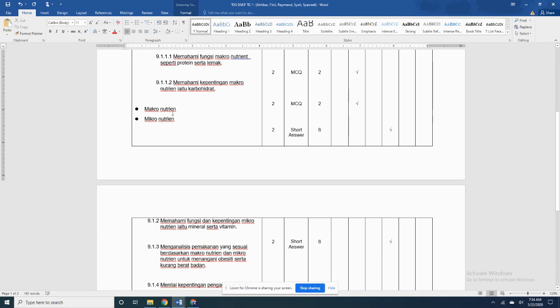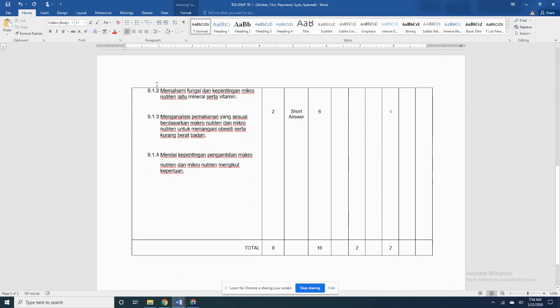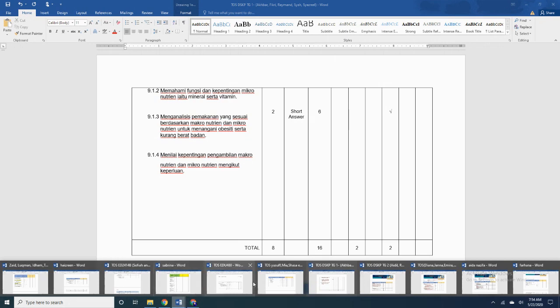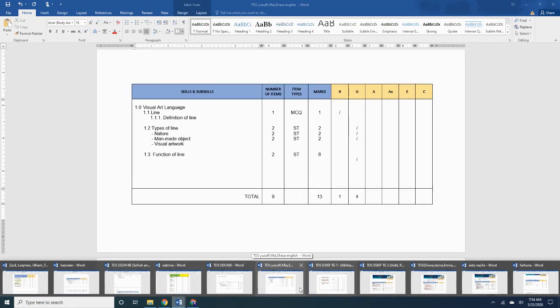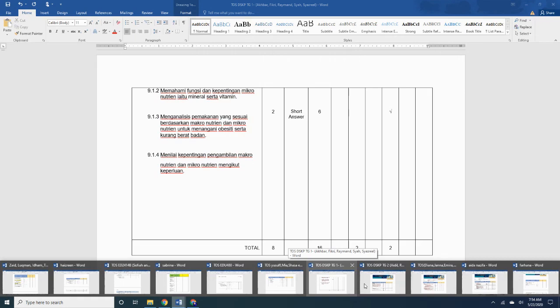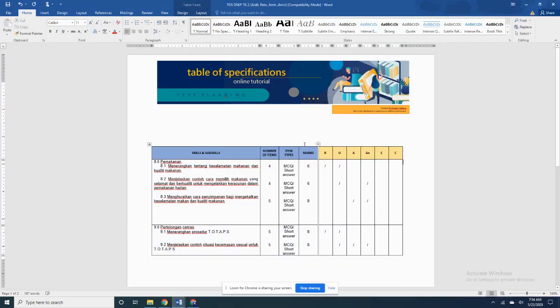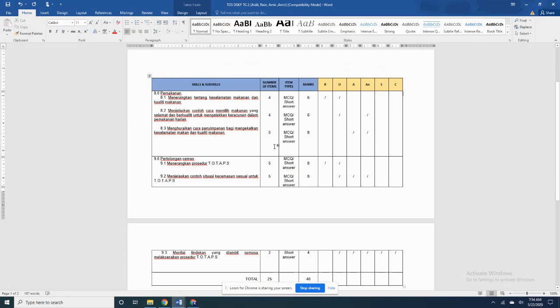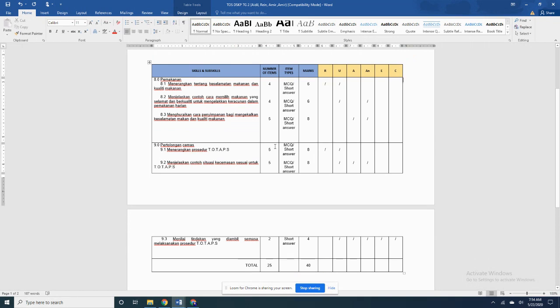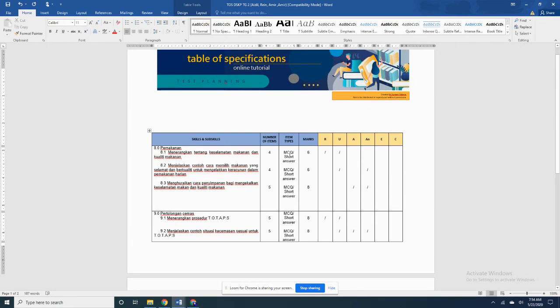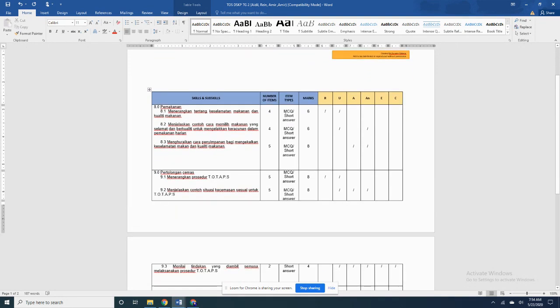Okay, so dia kena macam tu. The same applies to all other programs as well, because that is the same manner which you will be presenting your topics or how you specify your topics as well. Okay. We have looked at this, and we have looked at physical and health educations. This is another TOS from my PhD student, and this looks at pemakanan. I dah lupa sebenarnya apa yang I nak mention kat sini. Okay, it's because of this.